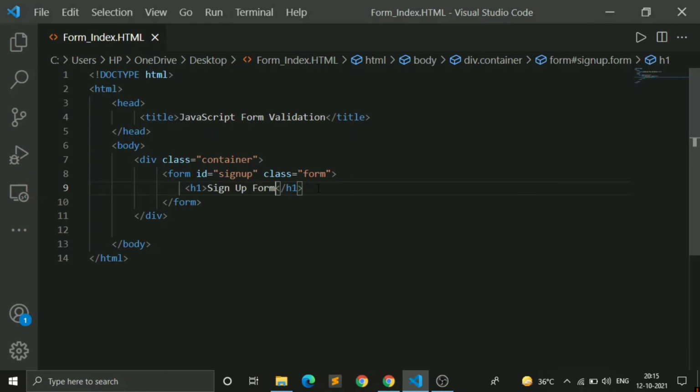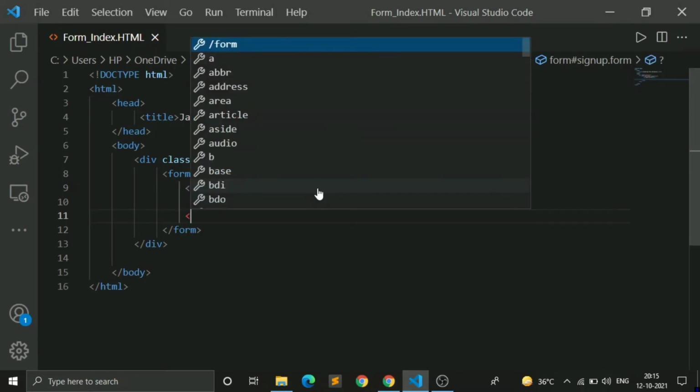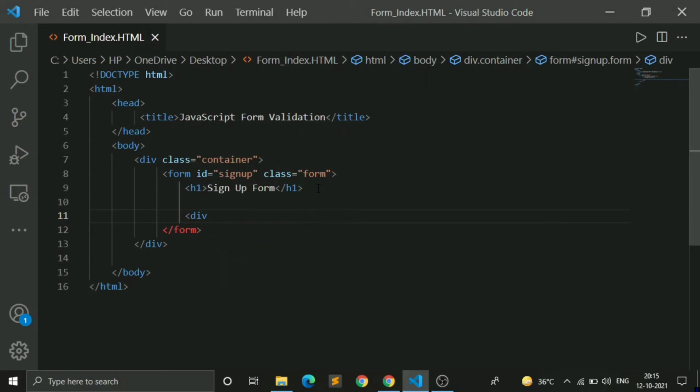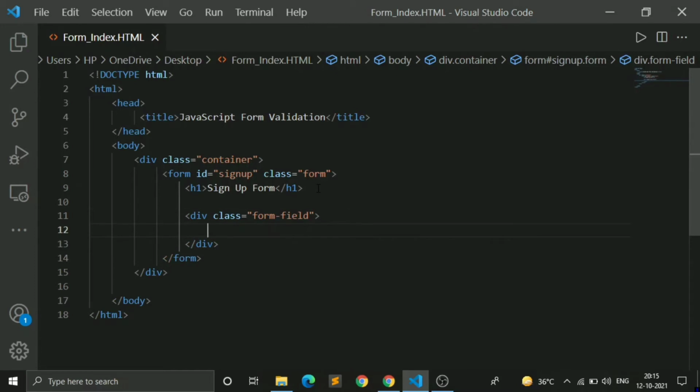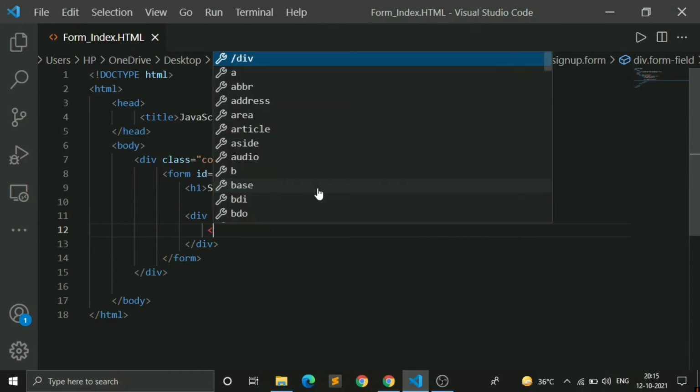Next I will create another container by using the div tag, and here I will give a class as form field. Form field, and I will close it over here. And next, for giving a label, I am using the label tag, and here I will give a label as username.